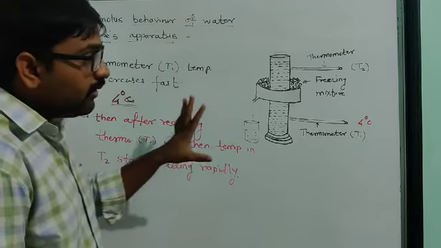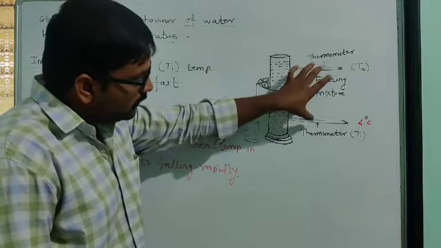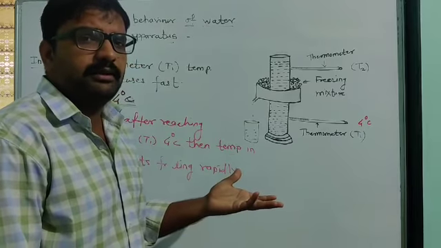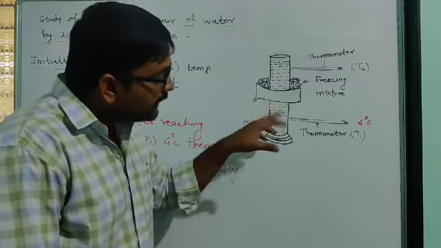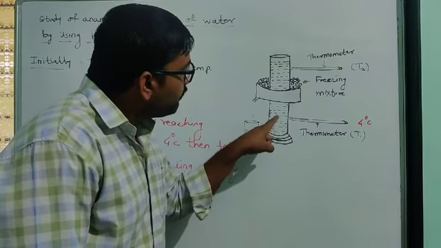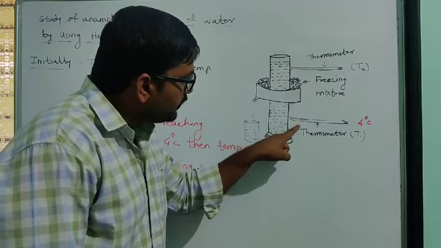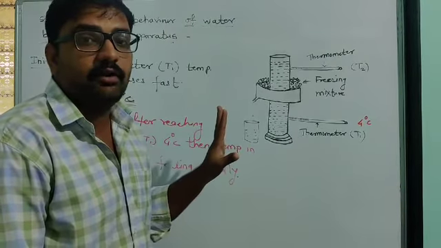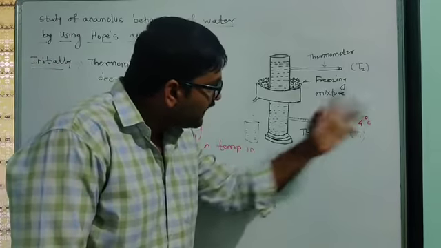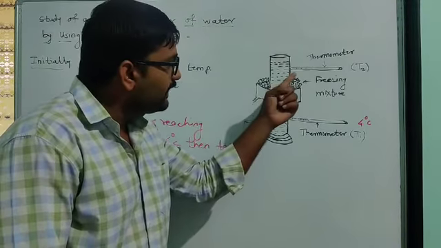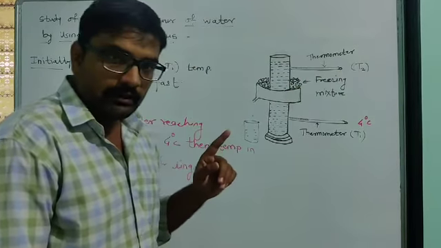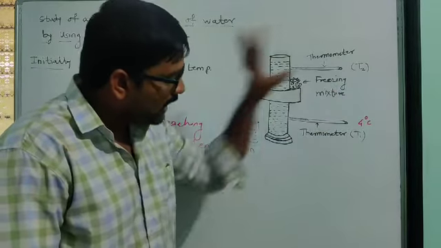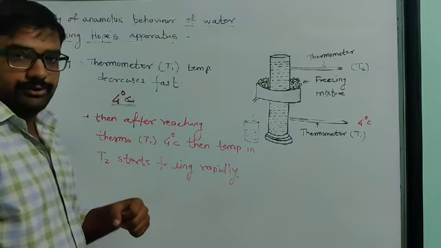Initially, when we start this experiment, both thermometers have the same reading, the same temperature, that is the room temperature, 30, 27 degrees or whatever it may be. But as we place the freezing mixture, the temperature of the downward-side thermometer starts to fall, up to 4 degrees Celsius, and it falls rapidly. Now as it reaches 4 degrees Celsius, we see a rapid fall in thermometer 2. Again it will reach 4 degrees Celsius. Now both are the same. Now we have to see what happens.